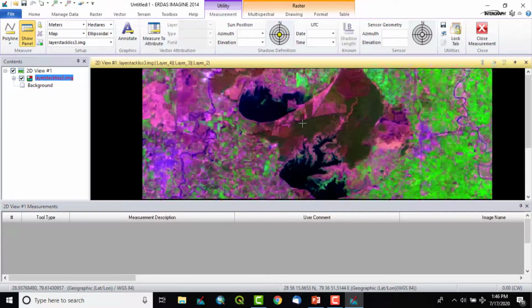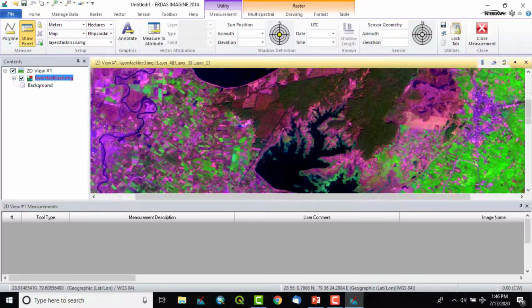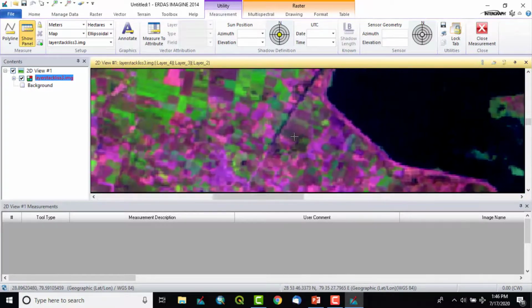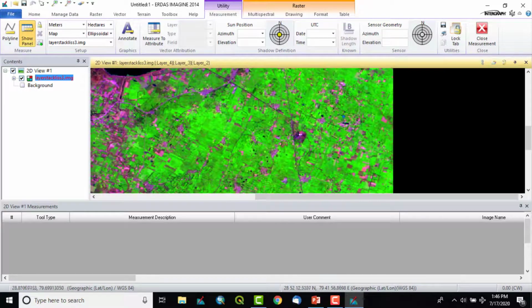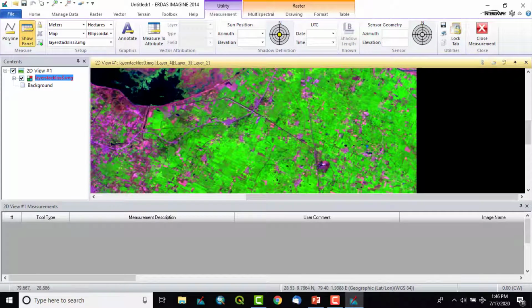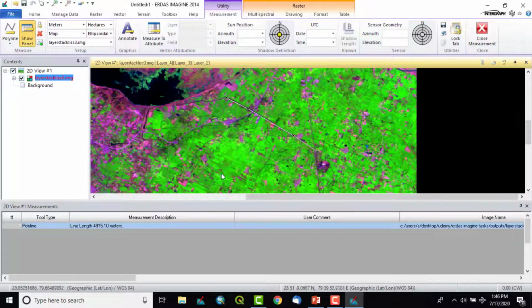I will simply draw, so these are the rows. Suppose I want to measure the length of this row from here to here. Just double click. Immediately we get the value of the distance of the line we have drawn. It is 4915 meters, around 5 kilometers actually.